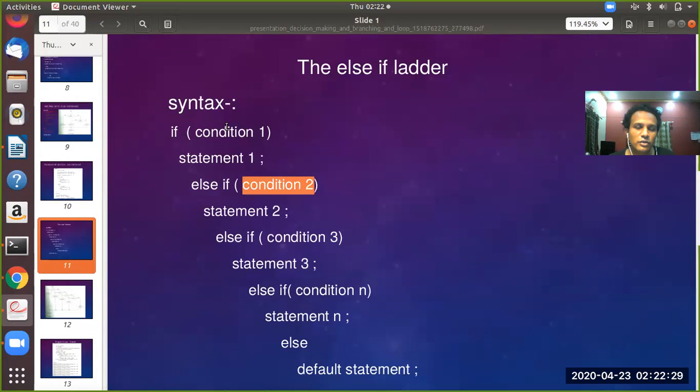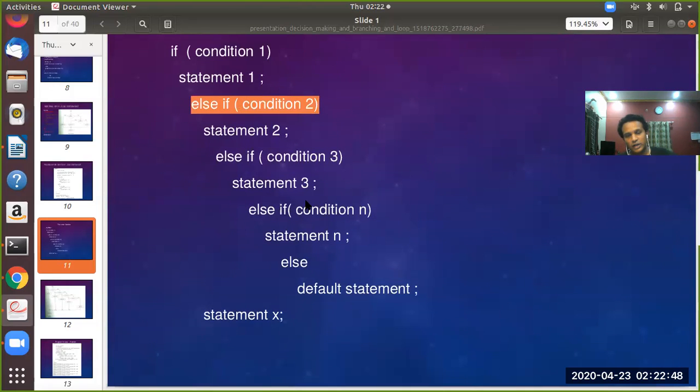If condition 1 is true, execute statement 1. If that doesn't hold, check one more condition. Checking one more condition is done with the else if statement. See, students, you should write else, a little space, then if, and then the condition. Like that you can join together multiple conditions and execute one of these if blocks.